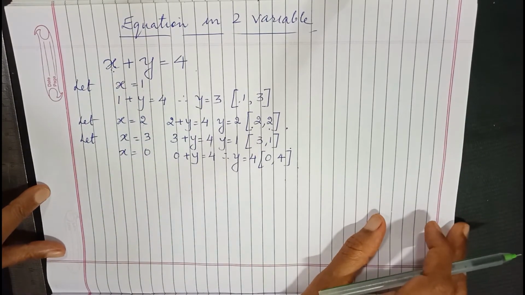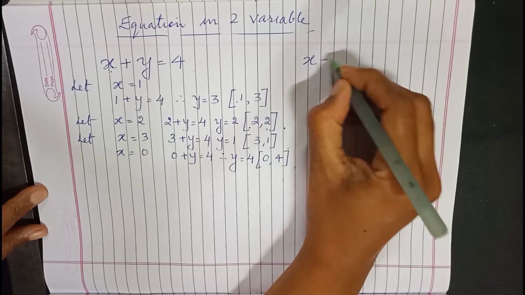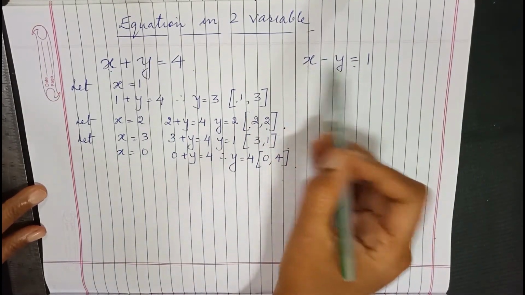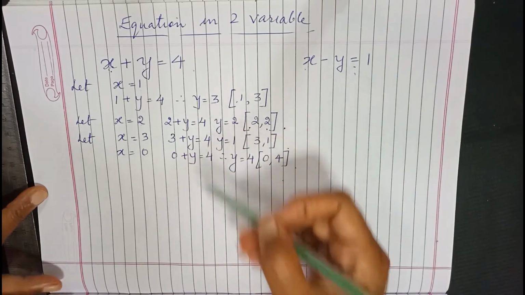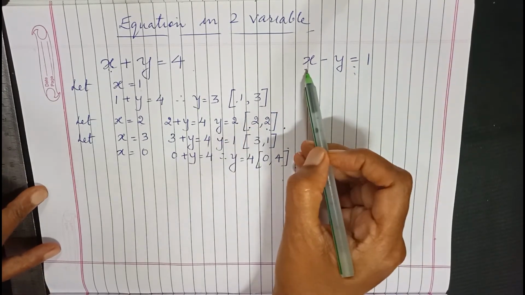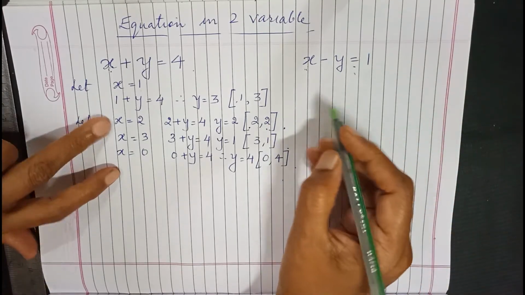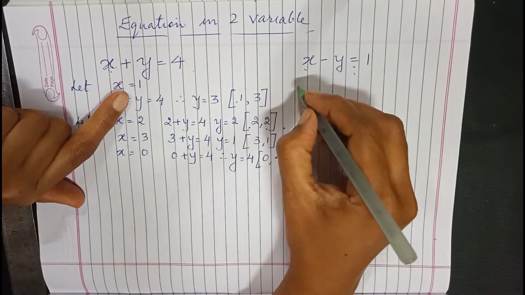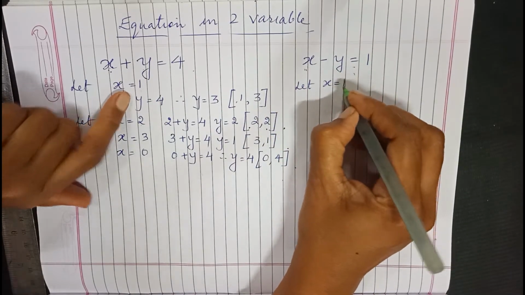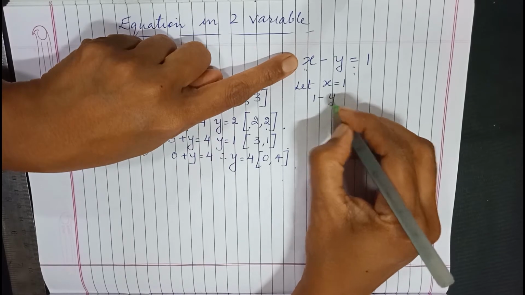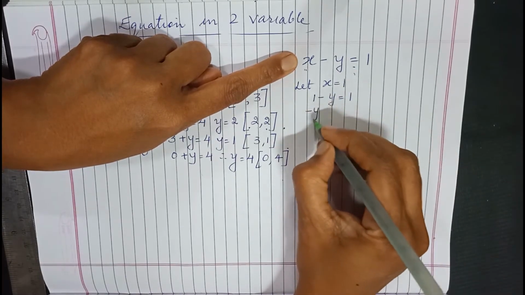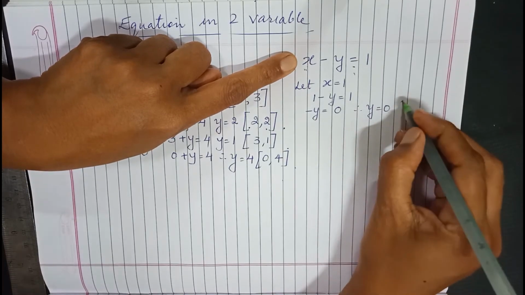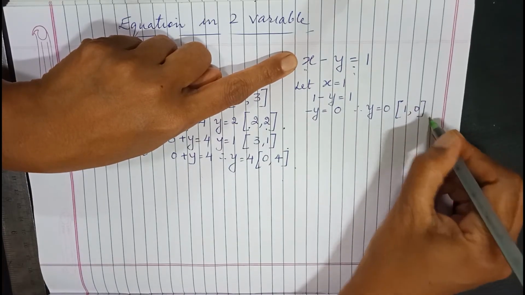Now let us say we have another equation, x minus y is equal to 1. Now this is also a linear equation with two variables, and we solve it in a similar manner, that is, assuming some value for x and getting the answer for y. So let us assume the same values that I have taken on the left hand side. Let us say x is equal to 1. So we substitute here and what we get is 1 minus y is equal to 1, or in other words, minus y is 0, or in other words, y is 0. So the first solution that I get is 1 comma 0.